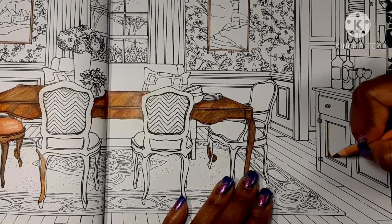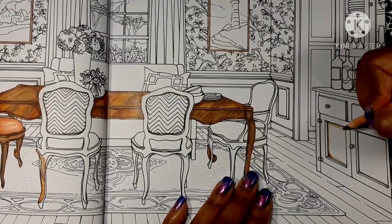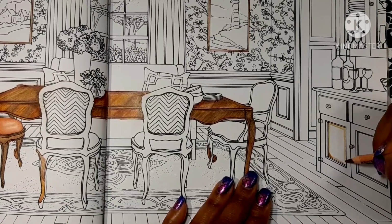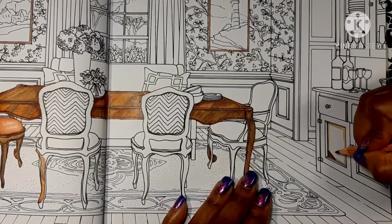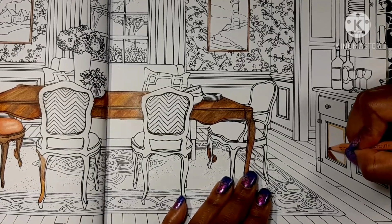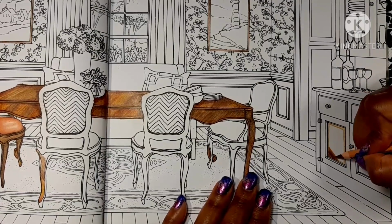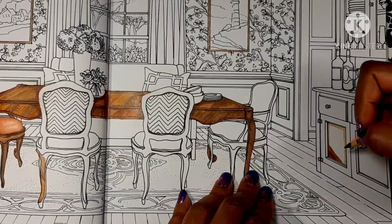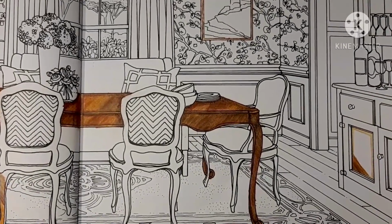Now you can get light, doing all the edges so that you won't worry about going out of the lines too much. So now I can get a little bit of a light hand, but once I did that, diagonally take your pencil strokes so that it can have dimension to it, so that it can have kind of like a pattern. So diagonally go, take the pencil up and down,